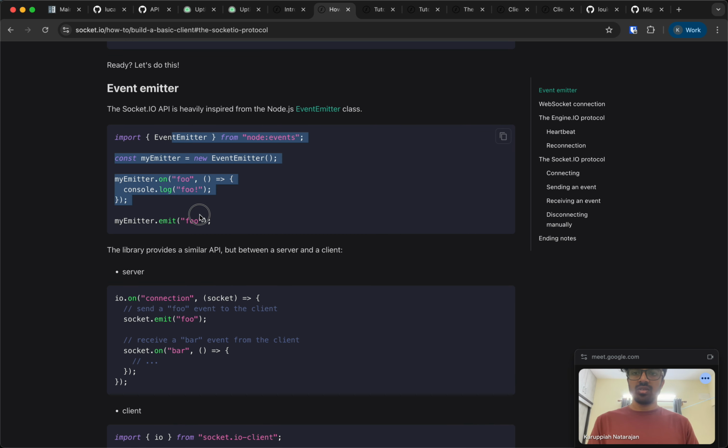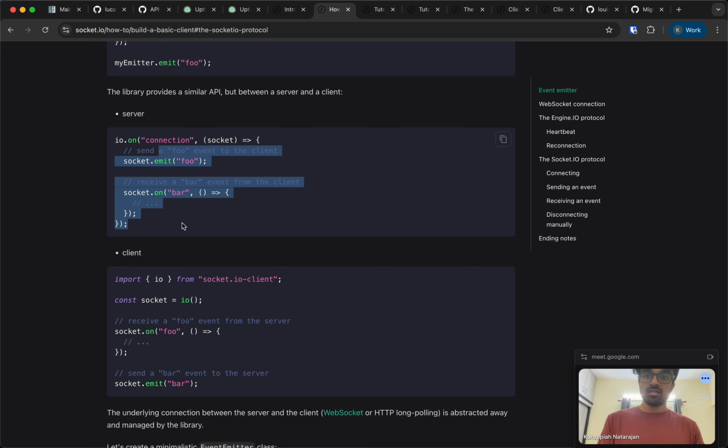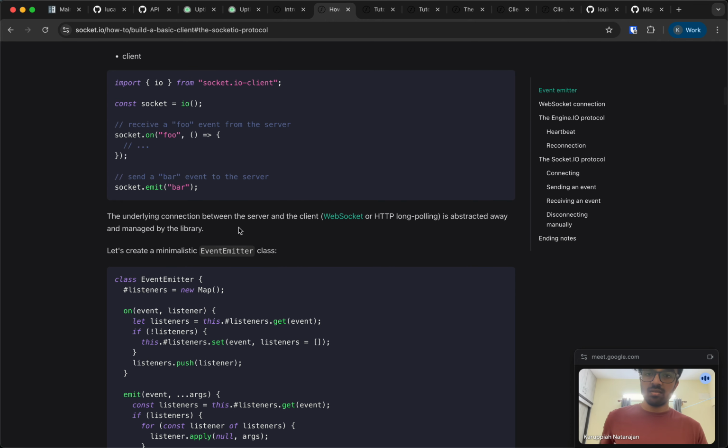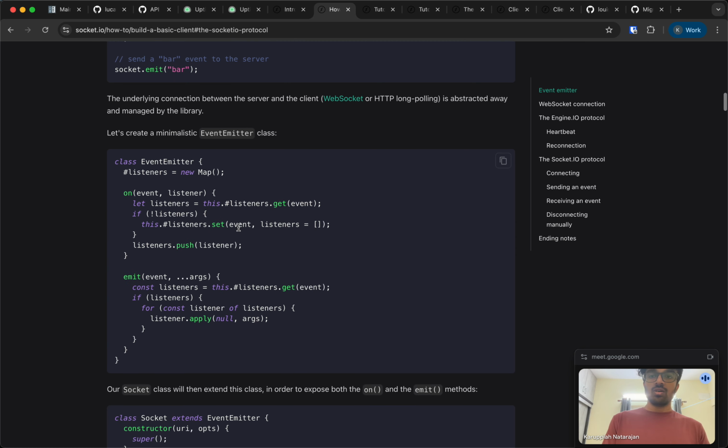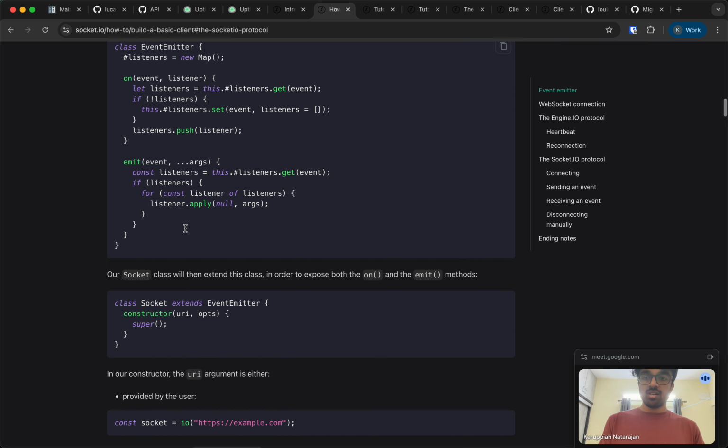Right? So you can actually see what these events look like. The server looks like this, the client looks like this. The underlying connection between the server and the client, WebSocket or HTTP long polling, is abstracted away and managed by the library. So here we create an event emitter, with emit and all that,